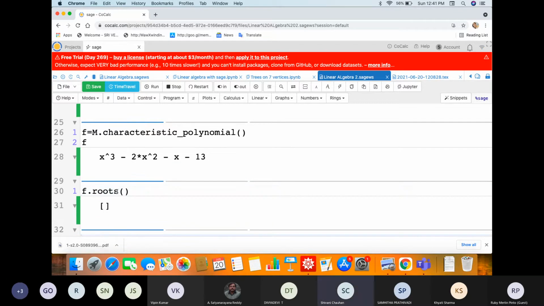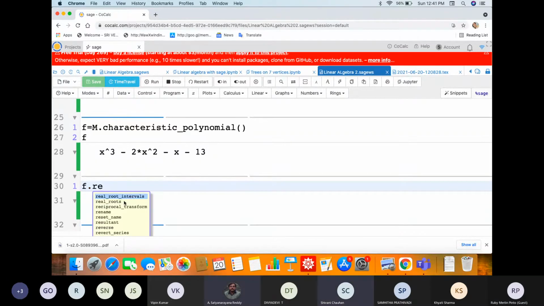It is not giving me anything. Does it consider the field of rationals? Yeah, rationals. There is no root, because it is already irreducible. So let us ask for the real roots. See, the bracket is already given, so in the bracket we can put something.